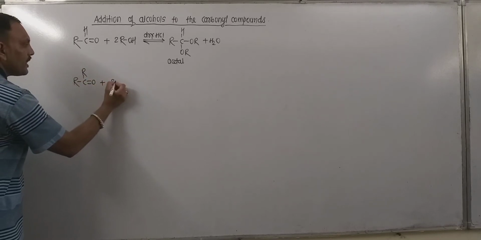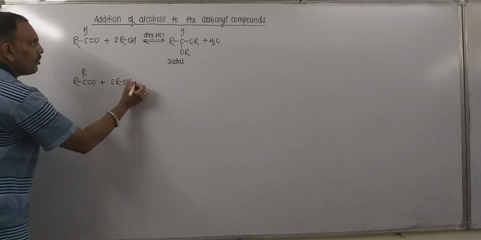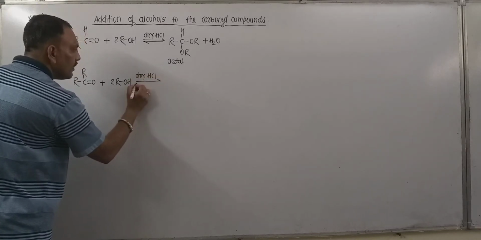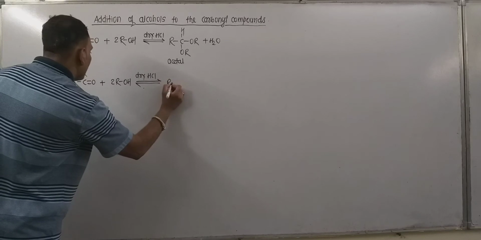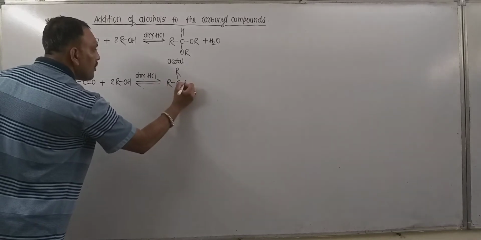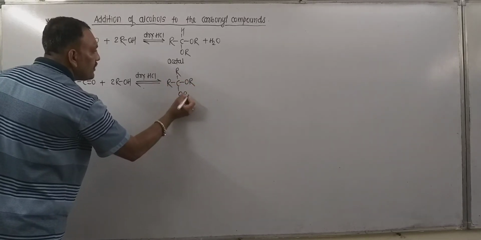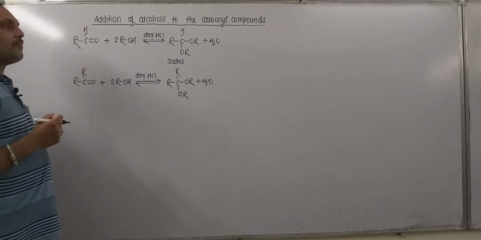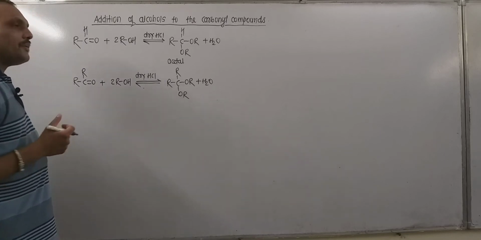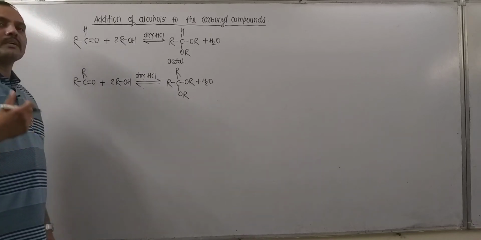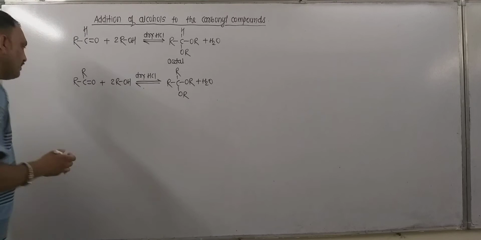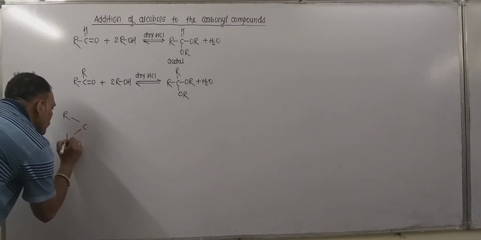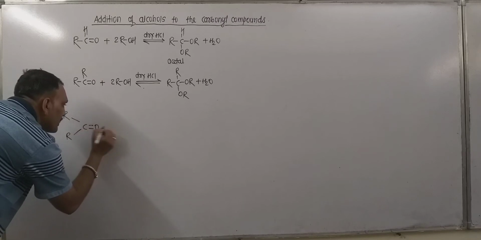Thus when ketones are reacted with alcohols in presence of dry HCl, then the corresponding acetals of ketone are obtained, which can be represented as, with the departure of water. Now another big thing is, if ketones are treated with glycol, I mean ethylene glycol, then remember ketone can be given as, so this is the representation of ketone.